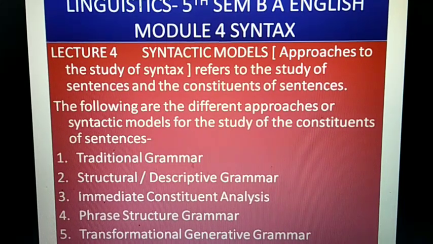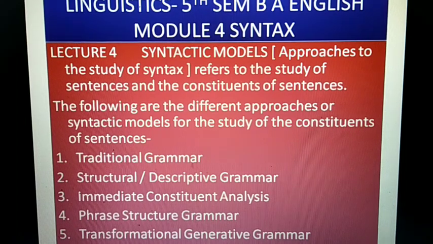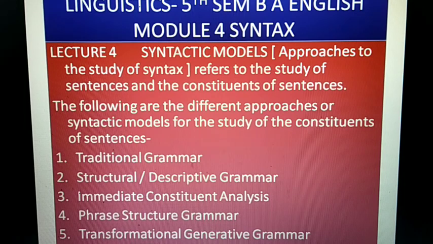Okay, you have a sentence, right? Say, for example, John likes Mary. Alex plays cricket. This is a bright day. Okay, it's a rainy day. These are all sentences. And in syntactic analysis, or in, of course, syntactic models, we are using different methods or tools to look at what the sentence